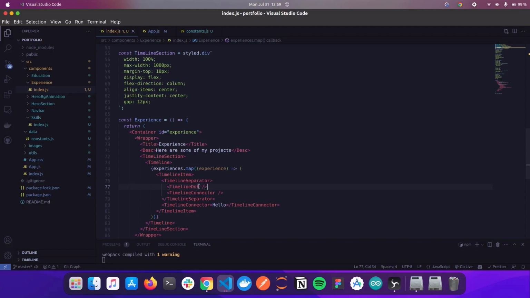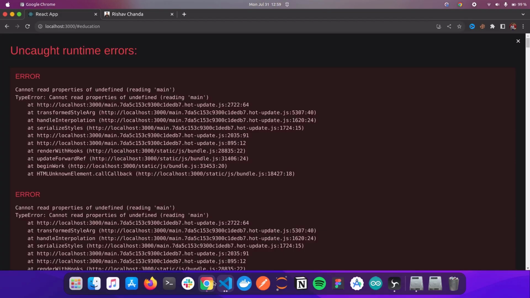First thing, the timeline dot. I will give it a variant, outline. Sorry, not dotted, it's outline. After that, the thing that we are having here is color. I will give it secondary. So if you check this one,